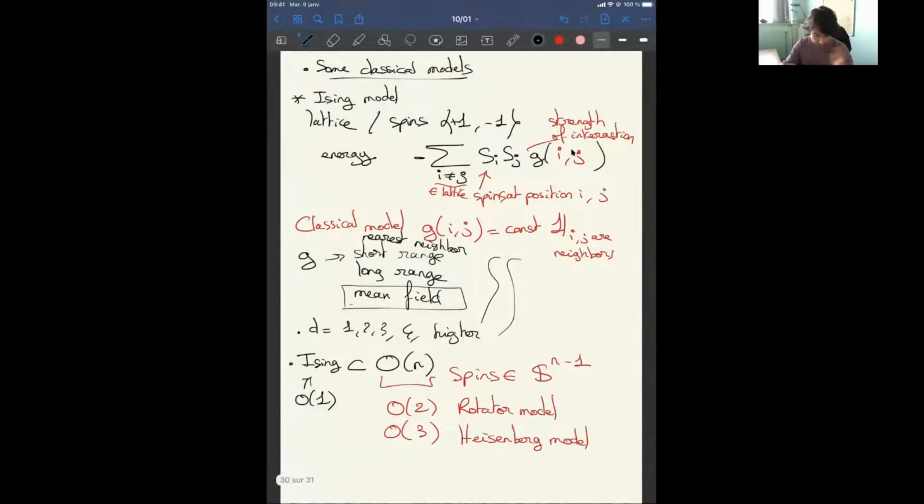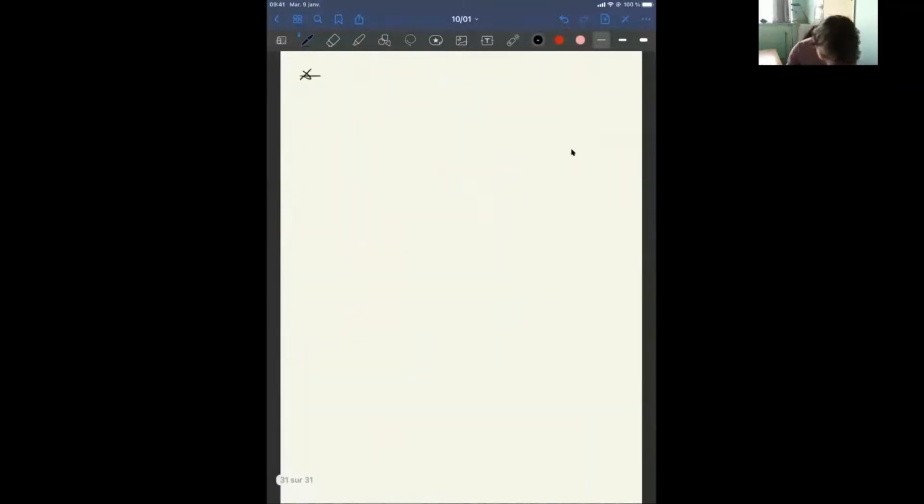These are the dominant ones. Of course, there are other lattice systems, and there are more exotic ones, if you want, where the interaction is more exotic, or you could also see percolation theory as an example. And